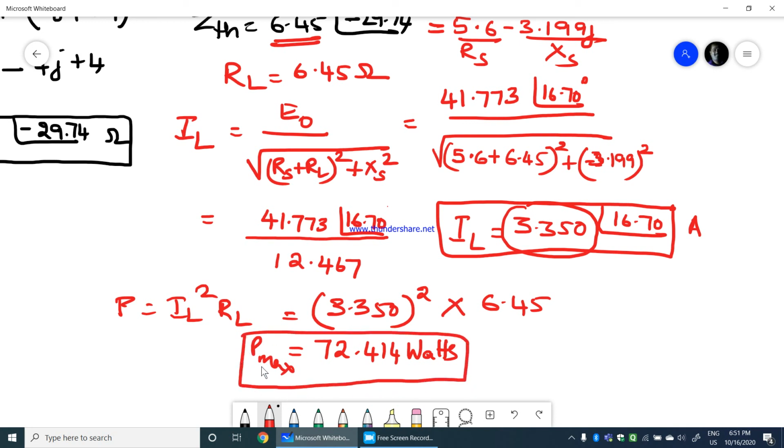Okay, so I think I have done the complete problem for you, all three problems, which are quite lengthy and quite calculative. I hope you are clear with all these three problems, and this covers the maximum power transfer theorem related problems. Right. In my next video, I'll be recording Millman's theorem, and we'll see some problems related to Millman's theorem. Thank you.